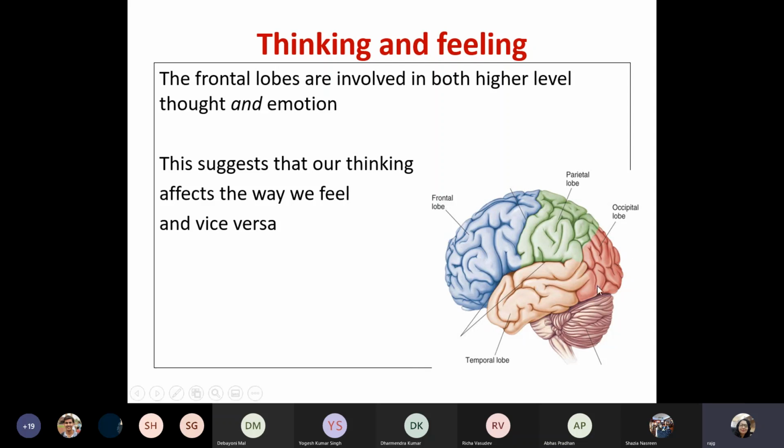So the parietal lobe primarily is the area which coordinates this. The occipital lobe is its main focus. It has a couple of other functions also, but its main function is vision. And the primary information from the eye goes to this occipital lobe. And this area of the brain, along with the frontal lobe, coordinates what is this thing that we are looking at.